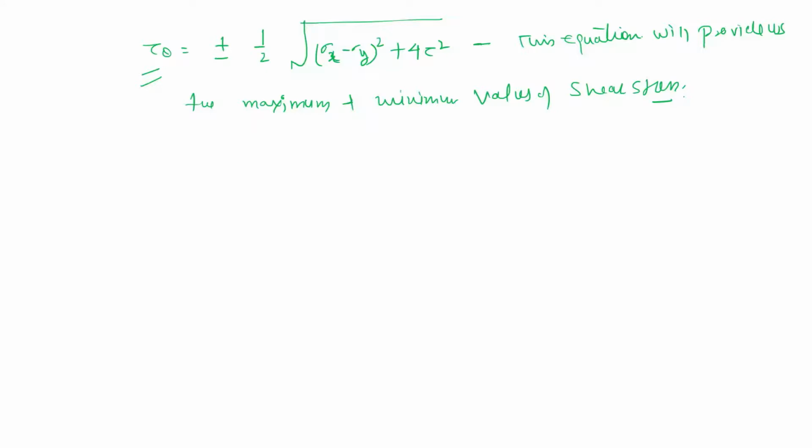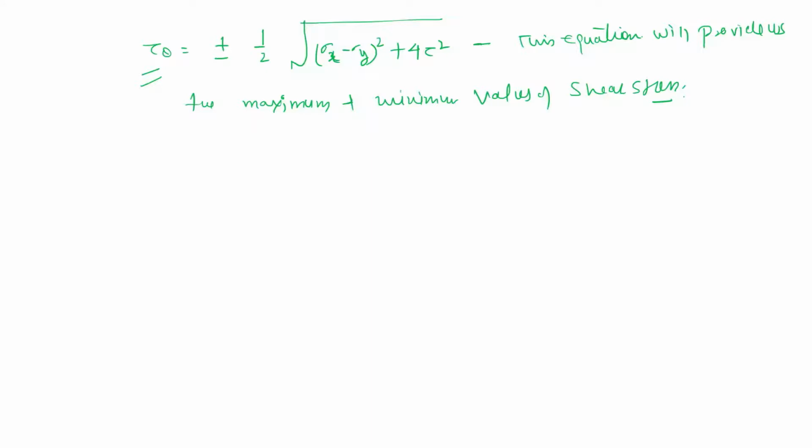Both numerically are equal. In fact, the negative or minimum value indicates that it is at right angle to the positive value, as discussed above, because both of the planes having the maximum shear stress are at right angle. So we can say the plane having the negative value will be at right angle to the positive value, and the two are complementary stresses.